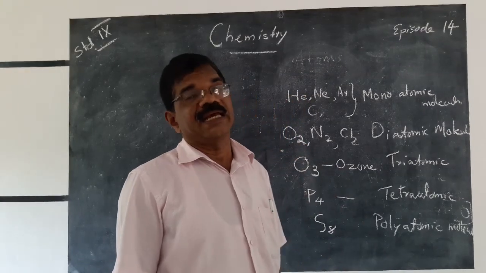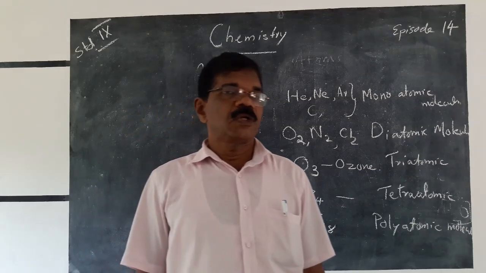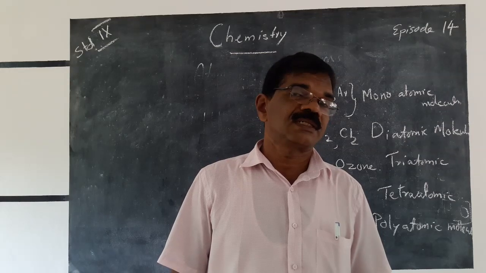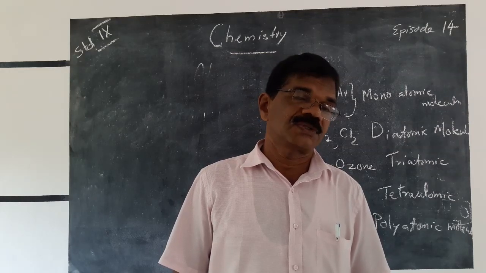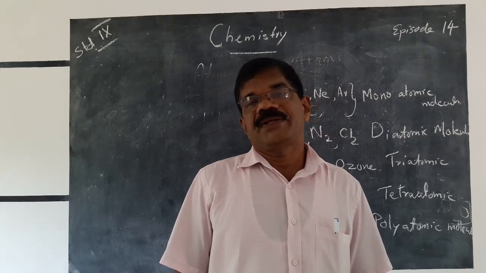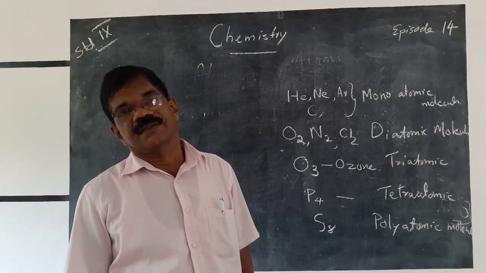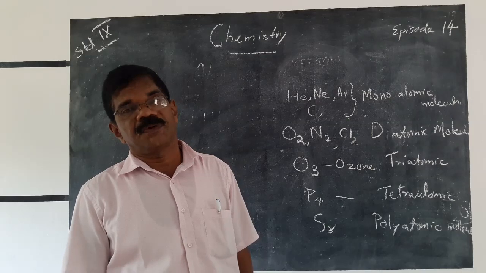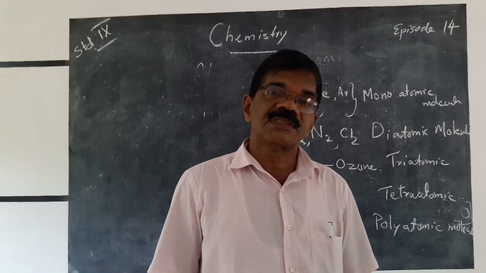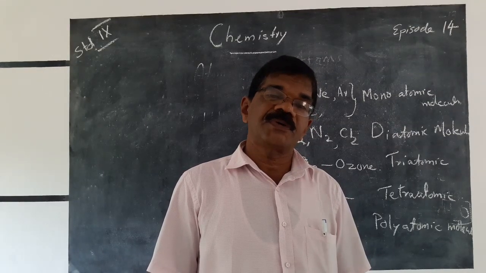If one molecule of an element contains 3 atoms, it is called a triatomic molecule. We can give an example of a triatomic molecule: ozone, O3. 3 oxygen atoms combine to form ozone. If the molecule of an element contains 4 atoms, that type is called